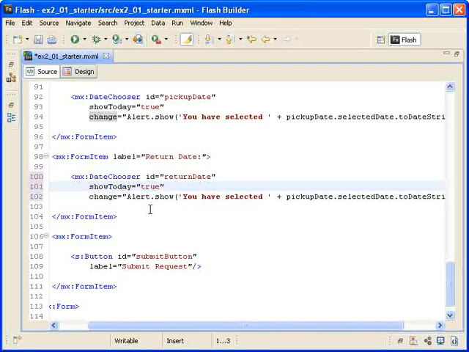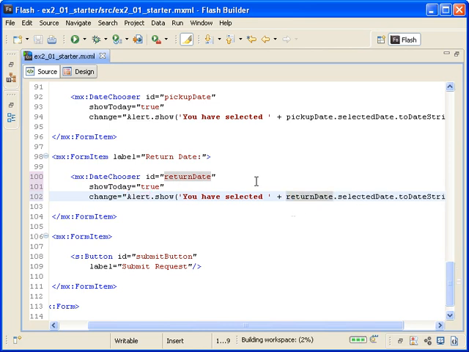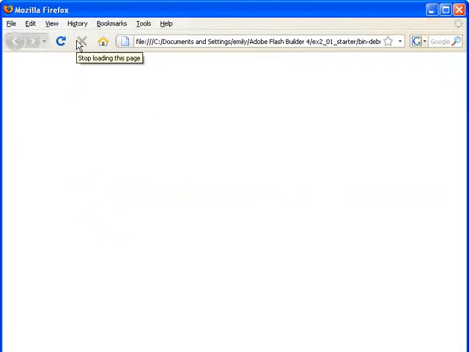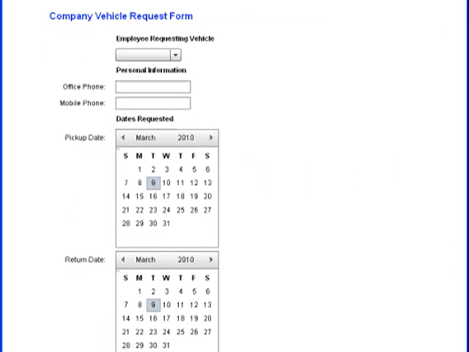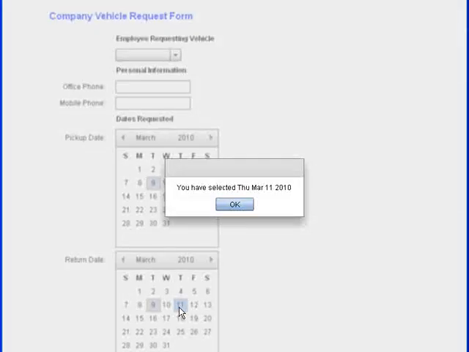Lastly, I'm updating the instance reference in the alert.show method to reference the return date instance. When I save the file and run the application,